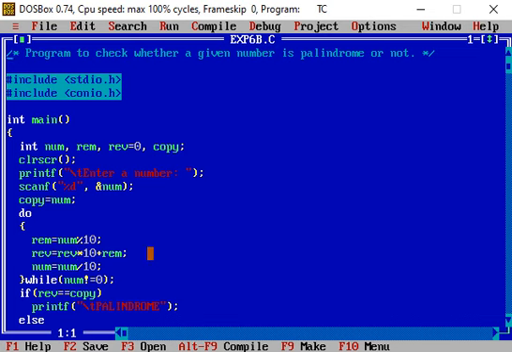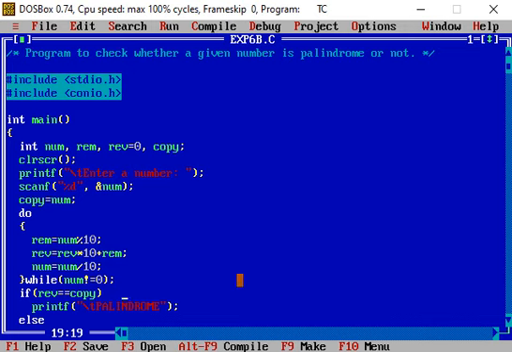The initial rev value is multiplied by 10 and the remainder is added. Then we again find the number after separating the last digit. In this way, this is repeated while the condition is true, and at the last, when the value of num becomes 0, the condition becomes false and control comes out of the while loop.